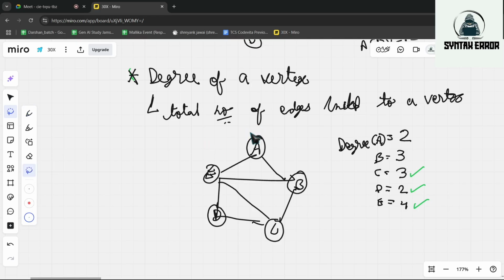Now this is an example of an undirected graph, right?